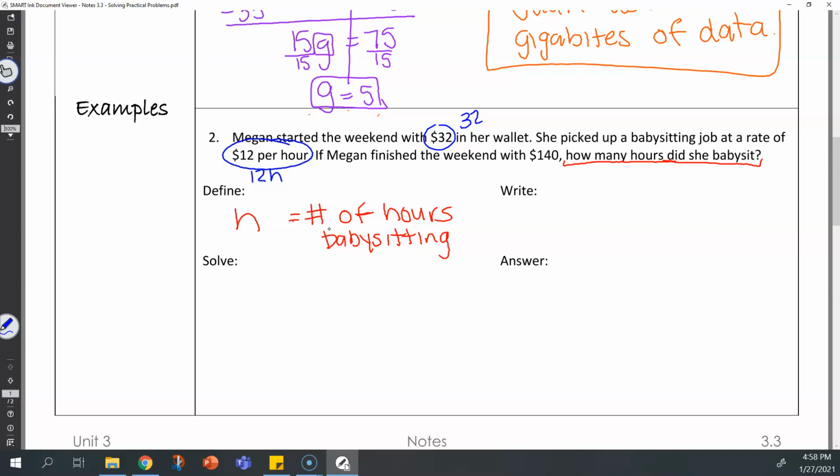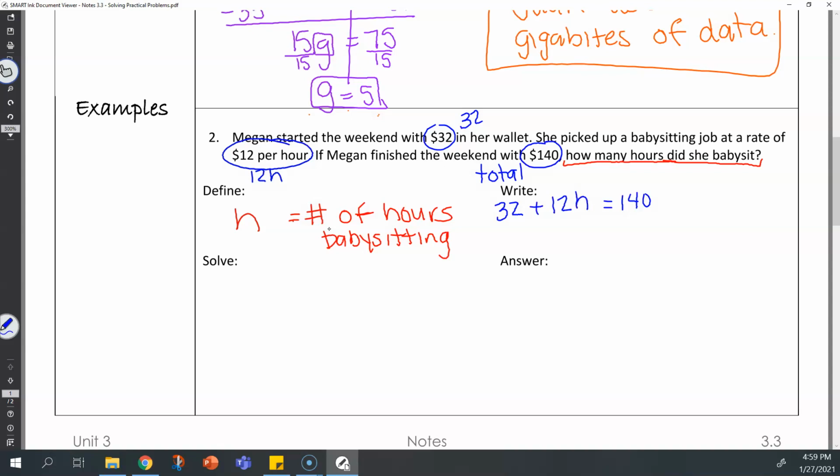And then finally, she finished the weekend with $140, making that our total. My $140 is going to be all by itself on one side of the equal sign because it is my total. My $32 is what I started with, or what Megan started with, plus the $12 she earned for however many